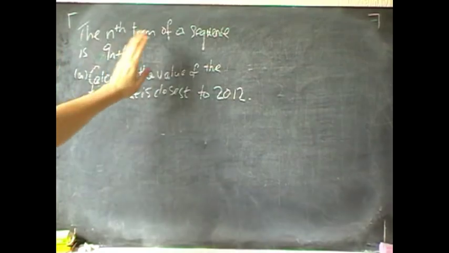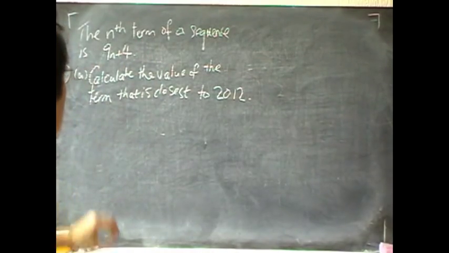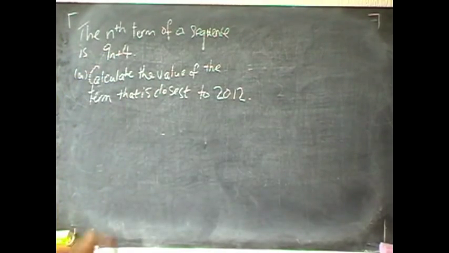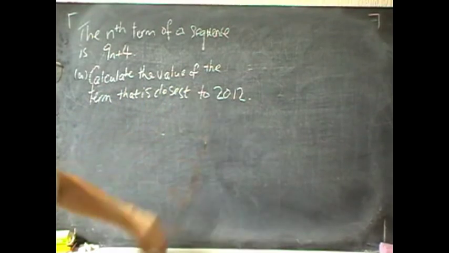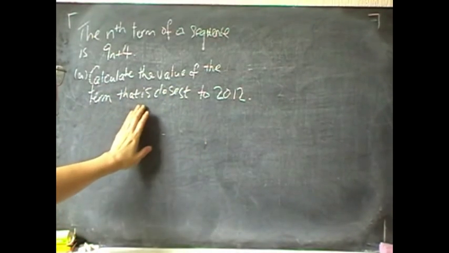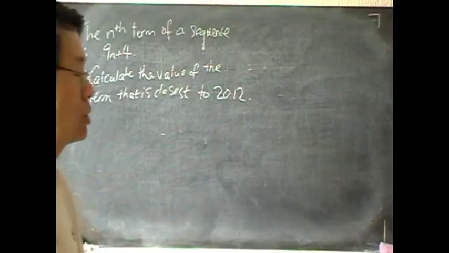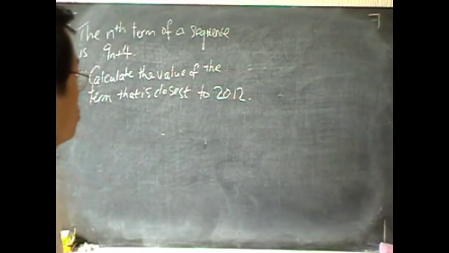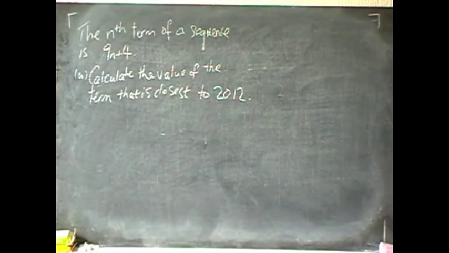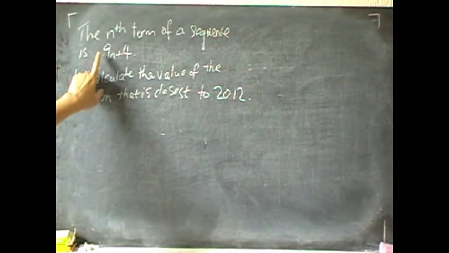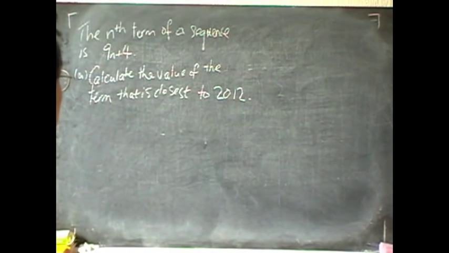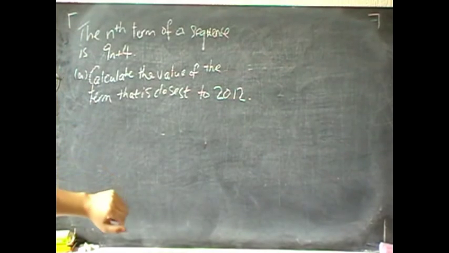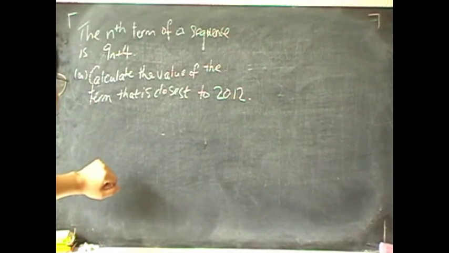The nth term of a sequence is 9n plus 4. Calculate the value of the term that is closest to 2012. 9n plus 4. Right. So the way to do this is to